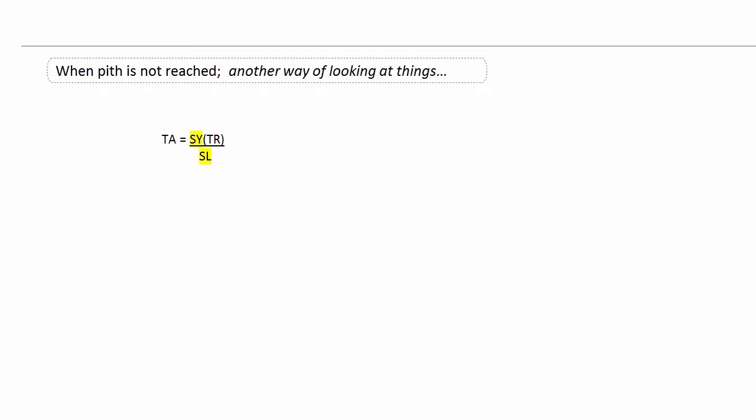When we count the number of years contained within our wood sample, represented by SY, and divide that by the length of our sample, represented by SL, we have a ratio of SY over SL. Considering the units of that proportion, we have years per inch. In other words, we have a proportion showing the average number of years of the tree's life, represented by 1 inch of the wood sample.